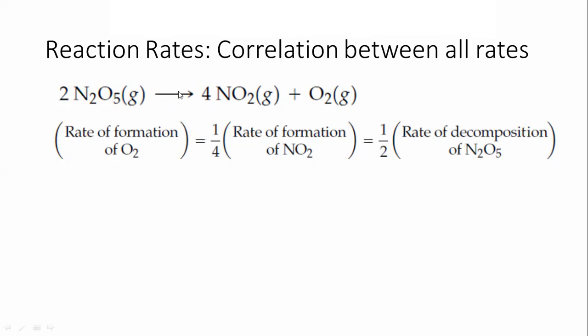Again, if you compare the rates of formation of these two products, there is again the ratio 1 is to 4, and again there are two options. One option is you can multiply by 4 to equalize the rate of the oxygen with the nitrogen dioxide, and the second option is you can divide by 4, and the rates of both of the products will be equal to each other. So that's why it is written over here 1 divided by 4, 1 divided by 2, and 1 divided by 1 is the same thing, so it is not written over here.